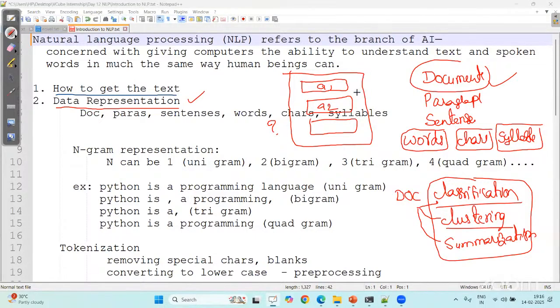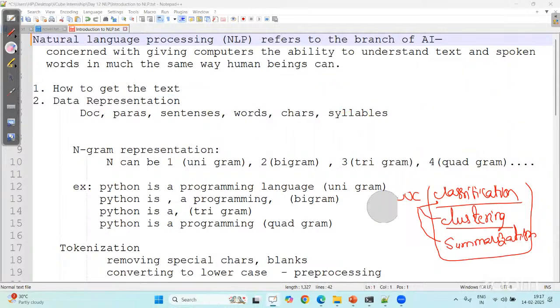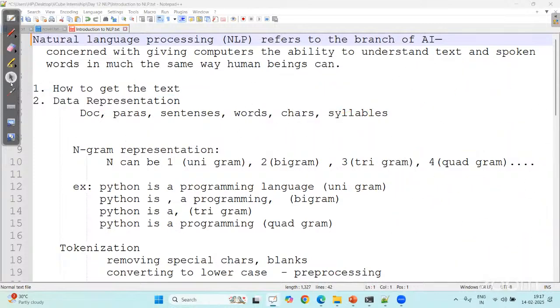Here, I worked at paragraph level. What I have to do is find out the writing style of these two authors, and find out who has written this paragraph. This paragraph has been written by author one and author two. Here, I have taken my data representation in terms of paragraphs. Sometimes we will also take projects in terms of sentences, but mostly in the industry, all NLP projects are either word-based or character-based. For all of you, this is called document